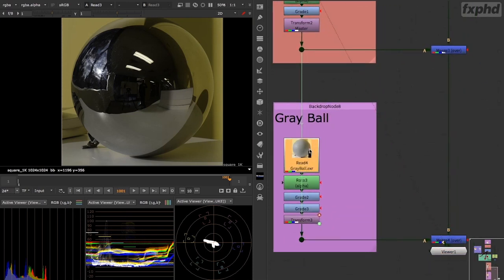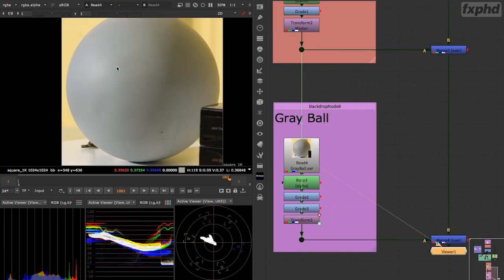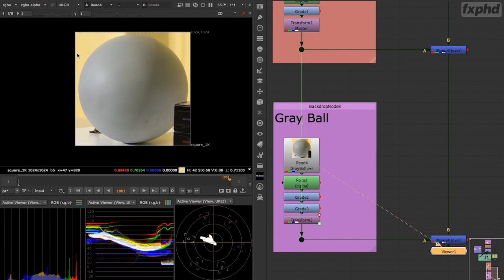The grey sphere is also really useful because, again, it helps us to understand what's going on with the diffusion of the lighting. So these are 18% grey spheres, 18% grey colour, and we can clearly see that we have a highlight here. It's not very strong, but it's coming in here, and this is almost certainly coming from the window. And then we also have a slight highlight here coming from the lights,